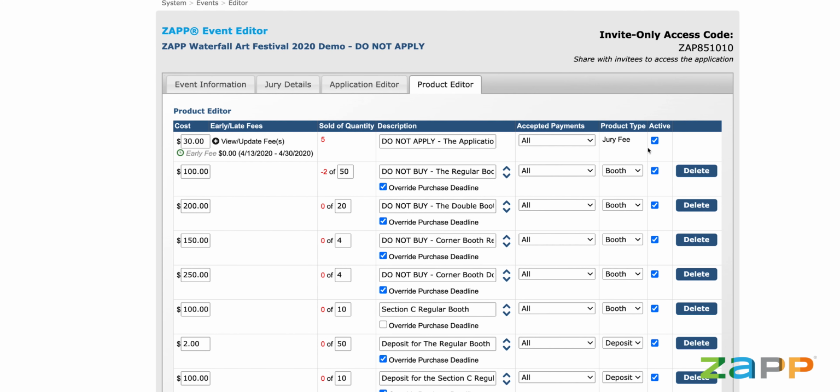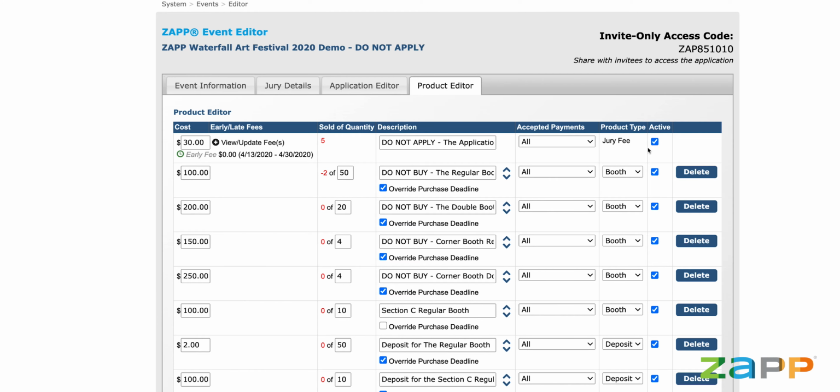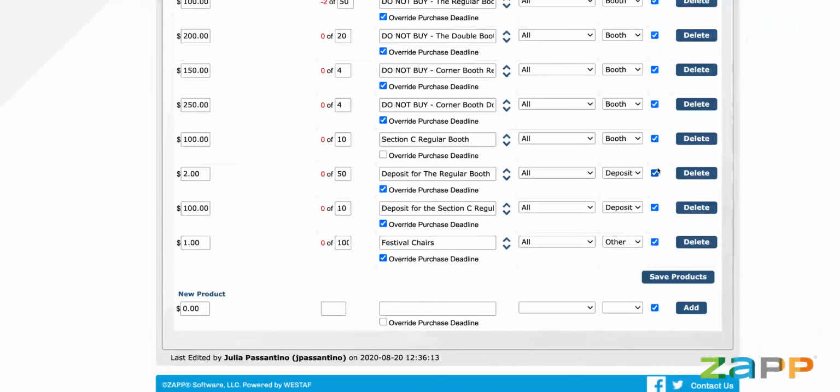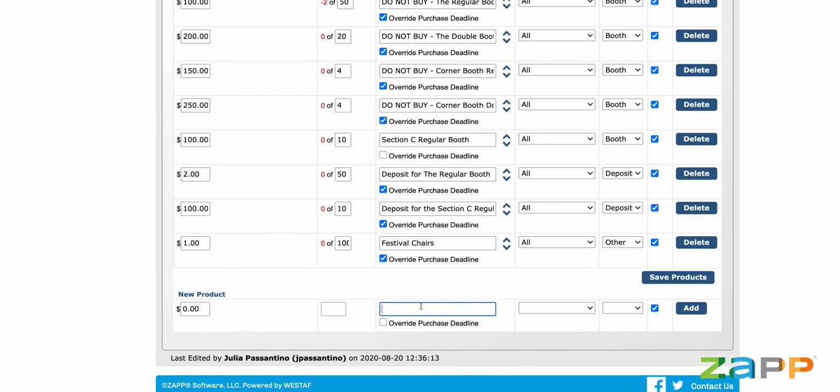Yeah. And so the other thing that you can do here that you might not have done before is you could create a new product type that is just like a booth reservation. So if you don't need to have artists reserve certain types of booths, or you're in an invitational only event and you don't need them to purchase booths at all, but you still want that confirmation or a reservation of some sort for specific booth products, you can do that by creating a $0 booth product for